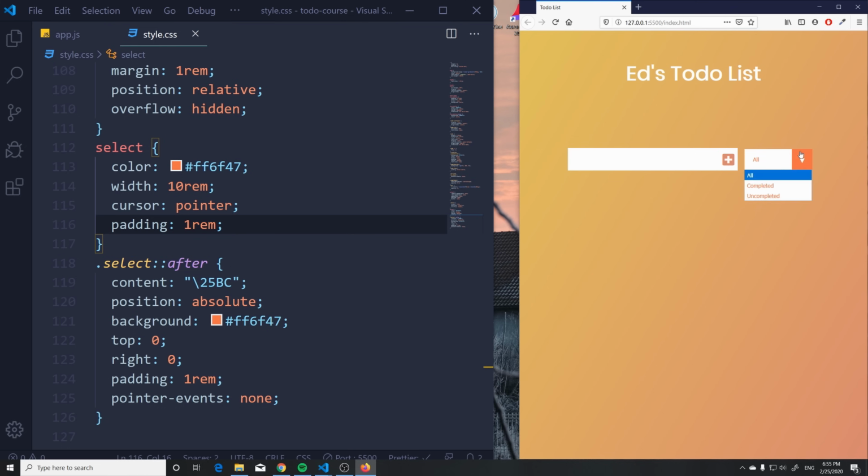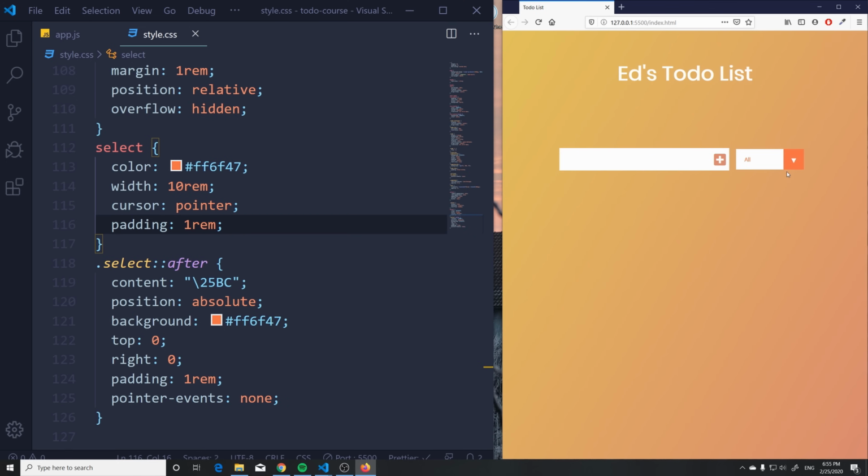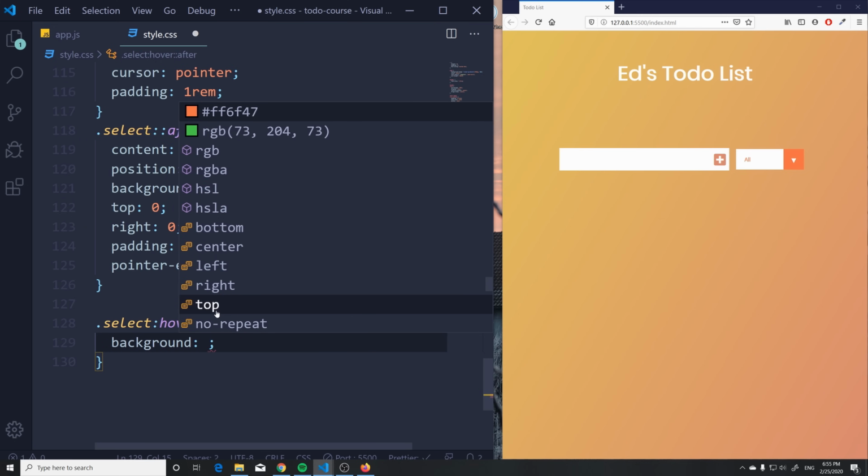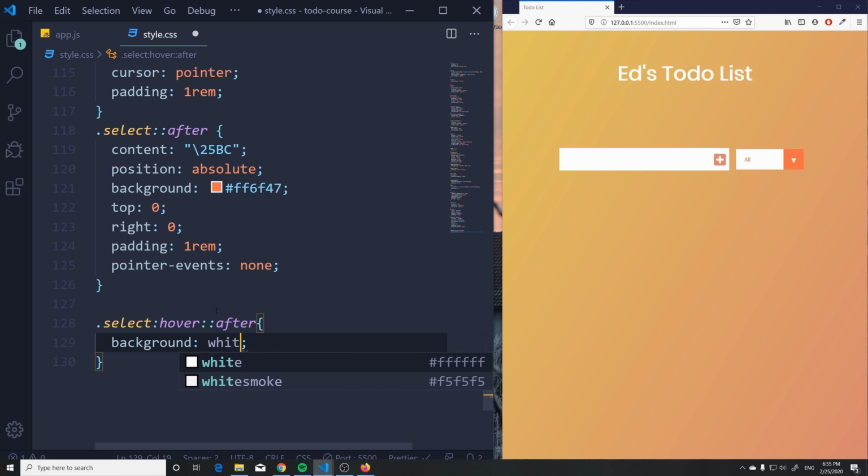Okay. Looking, it's okay. That's not terrible. It looks fine. Okay, so now we can select all of these different options. Feel free to make this nicer looking. We can also add like a transition to this if you want. Let's do a select, hover, after, and then we're gonna do, what shall we do to it? Like a rotation, or a color, or we can do a background of white,